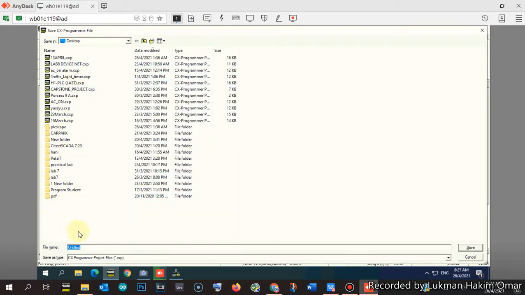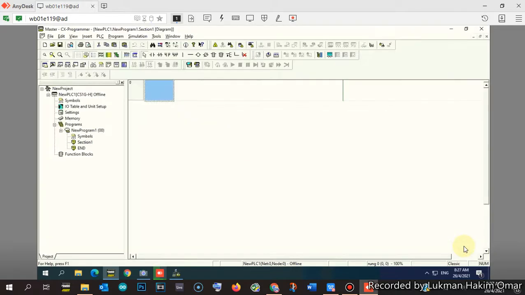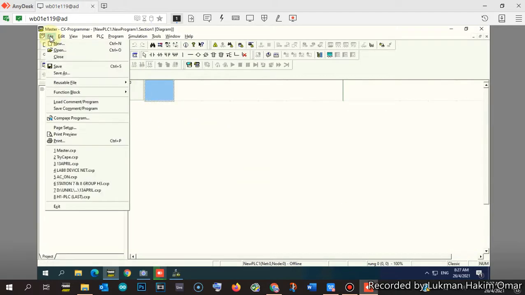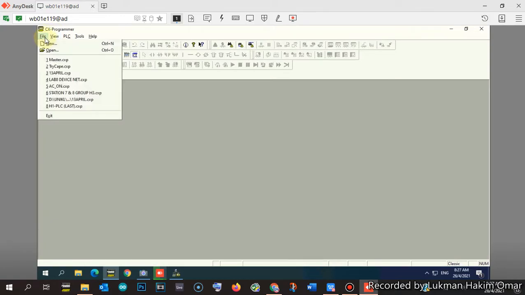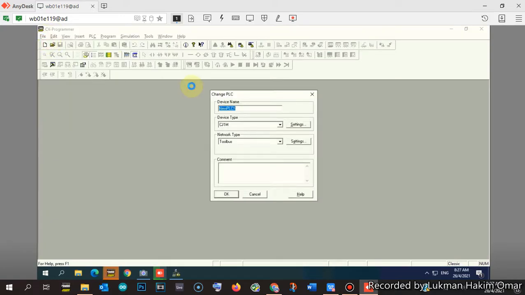Save in the desktop, or in your corresponding folder. Make sure there is no other project with the same name in the folder. So we save, because we want to close this project, and then open a new one to make a path to the slave PLC.